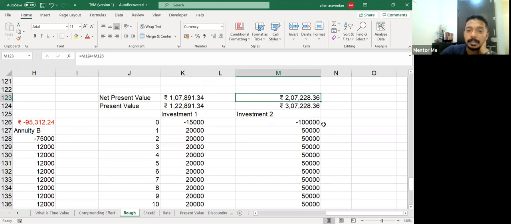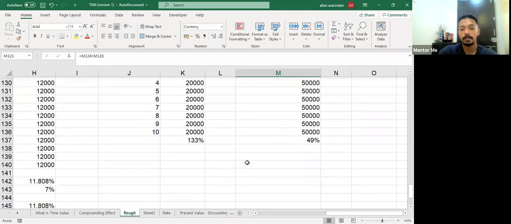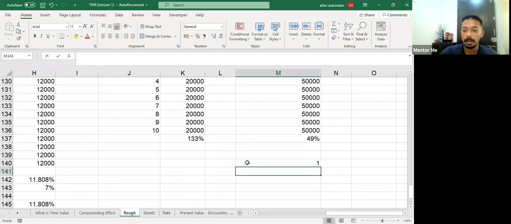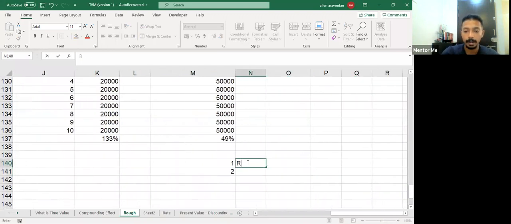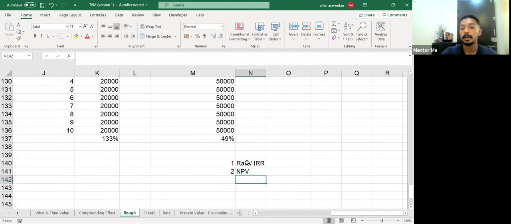When a decision is taken on a business, you try to take it combining both of them. Whenever you take a decision, first, obviously look at rate or IRR. Second, look at the net present value. Because if the net present value is too small, it's like saying you invested 50 rupees and you made 100 rupees. It appears to be a 100% return. But that is very different from saying you invested 1 crore and you generated 20%.